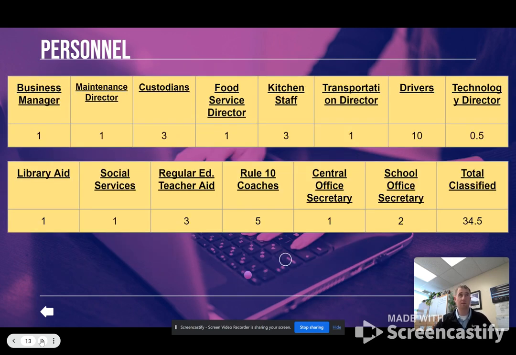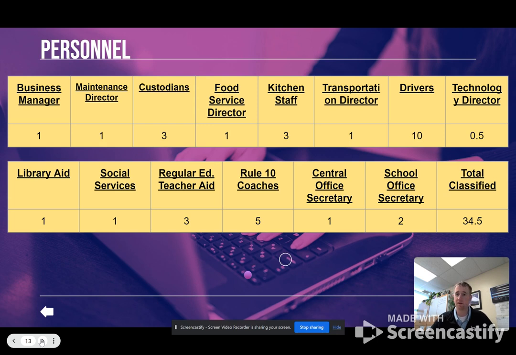Looking at certified or classified personnel, I have one business manager. That person that was reported, she resigned her position in December. I took over some of those duties, but we just hired a new one that I'm training right now. One maintenance director, three custodians, one food service director who also serves as head cook with three other kitchen staff,